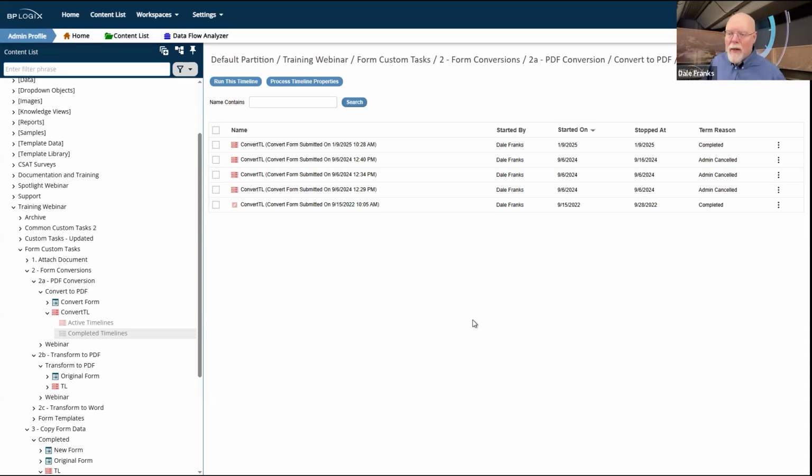And you can just take all of those old documents, convert them all to PDF, save the PDF in a file system, which will allow your IT people to go back in and just delete all of that old stuff from your database, because you have copies of the form and all of the document attachments now in PDF format in your file system. That'll save you some database space. So that convert to PDF custom task is a pretty important one.